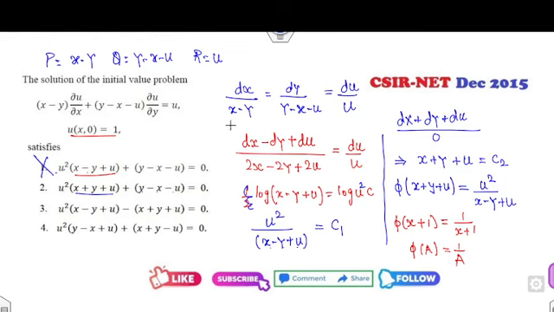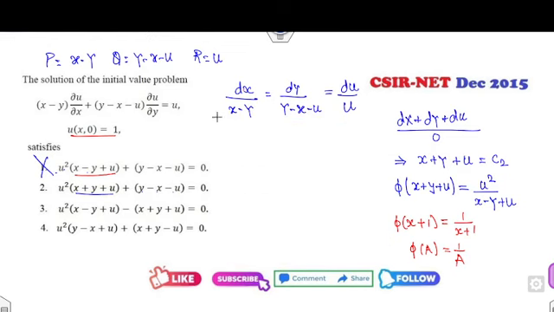Then you can write the solution directly. What is my solution? Substitute this value. It's a reciprocal. So 1 over x plus y plus u is u square over x minus y plus u. If you cross multiply them,